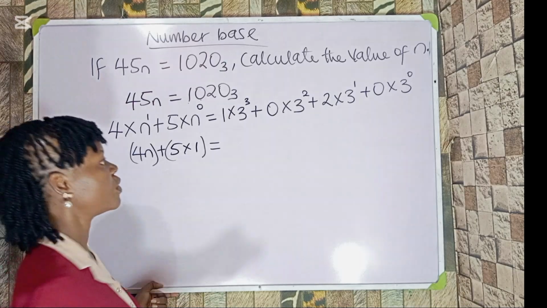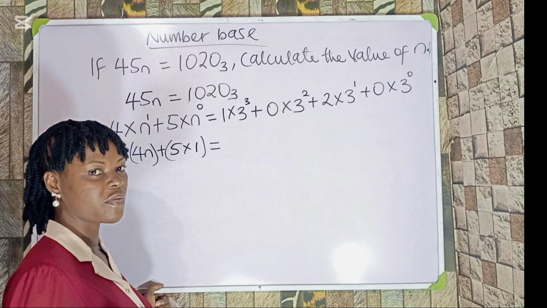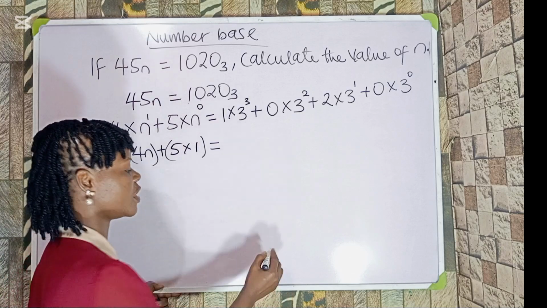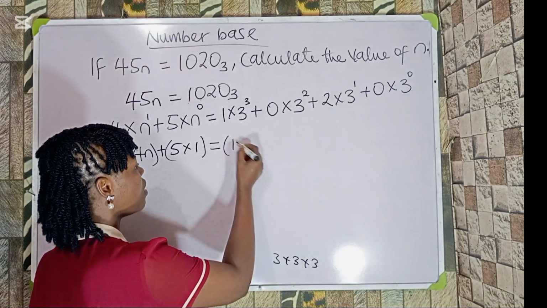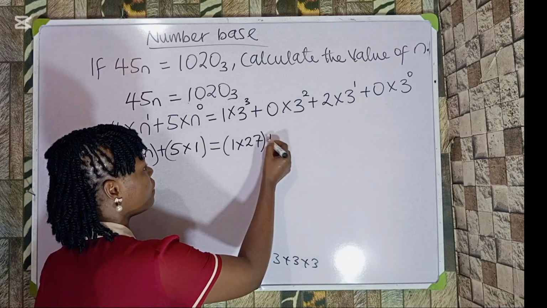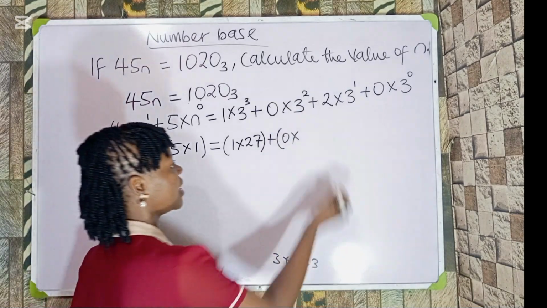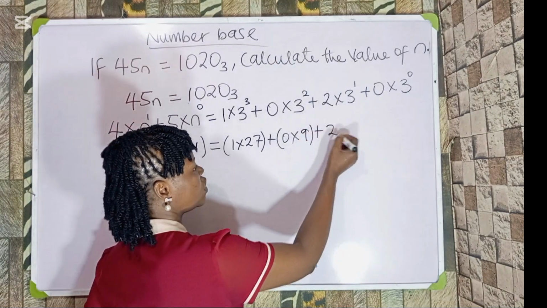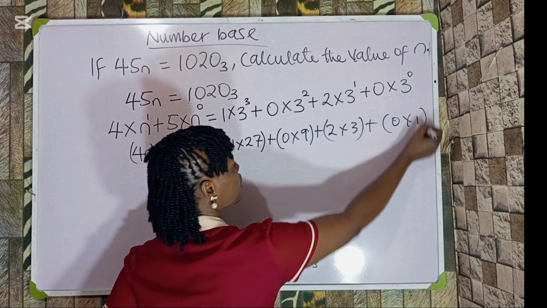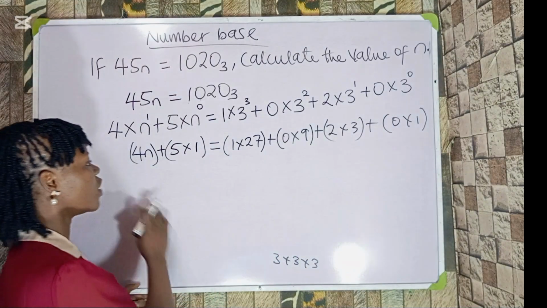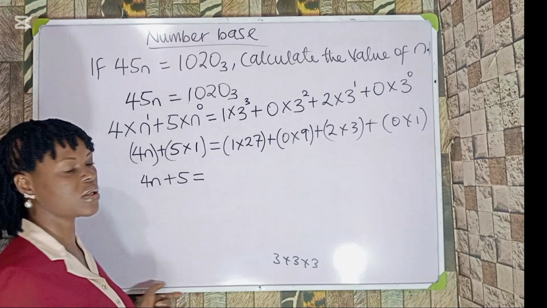Then this is equal to 1 times 3 raised to the power of 3. And 3 raised to the power of 3 is the same as saying 3 times 3 times 3, which will give me 27. So this is 1 times 27, plus 0 times 3 times 3, which is 9, plus 2 times 3, plus 0 times 1. Hope that is clear. So on this side I have 4n plus 5, then is equal to, on this side